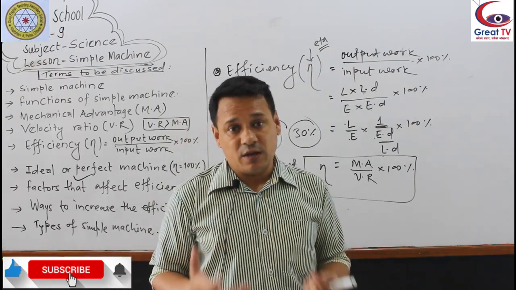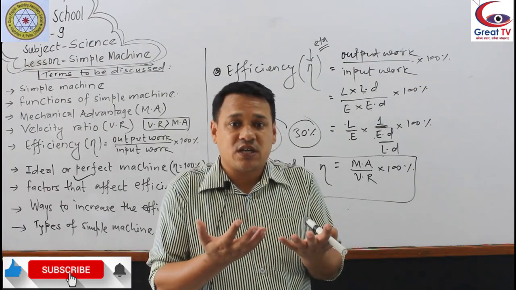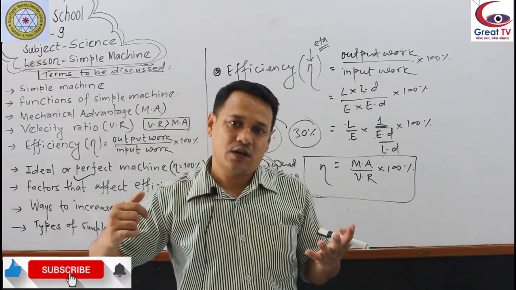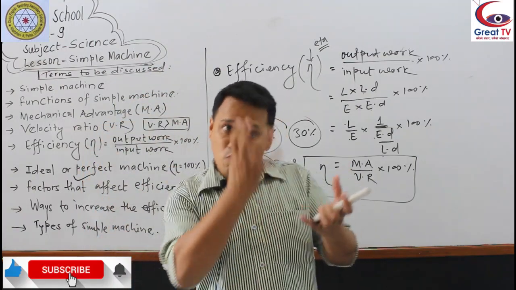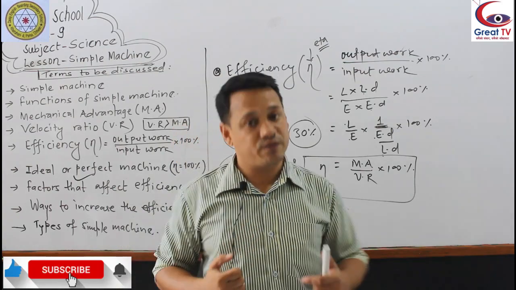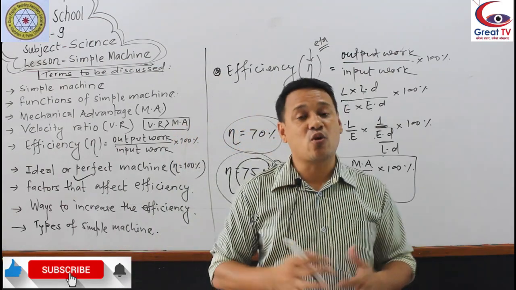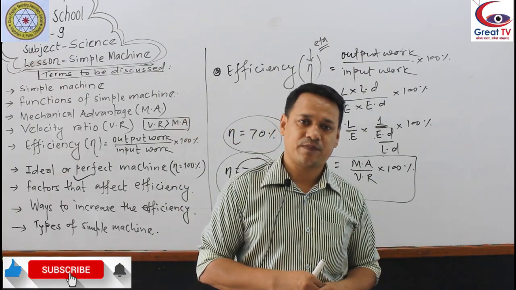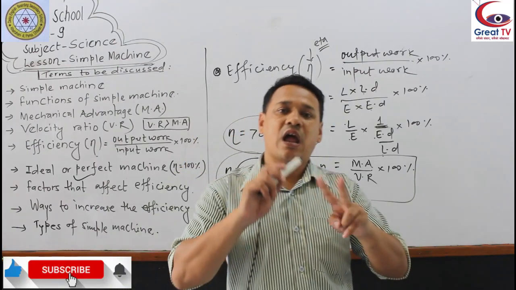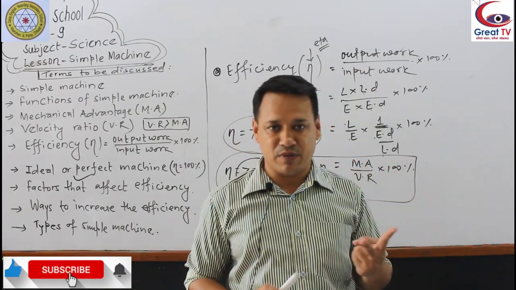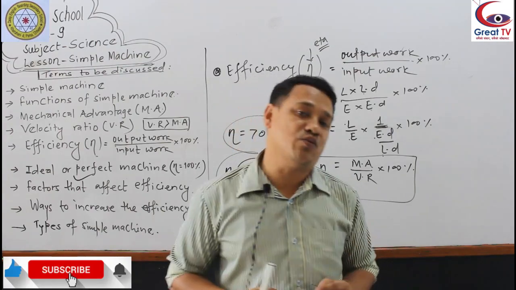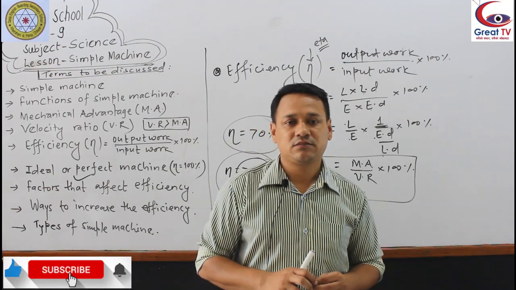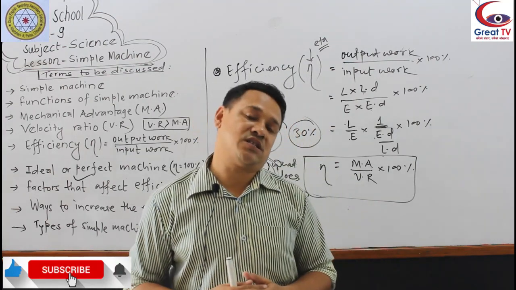and can move freely. If the body has less mass, less weight, then it is affected by less gravity, pulled down with less force, and can freely rotate. But if the body has more mass, more weight, more force of gravity pulls down and it is difficult to move freely. That's why gravity or weight of movable parts of the body also affects the efficiency of a machine. So remember, friction and weight of movable parts of a machine can decrease the efficiency of a machine.